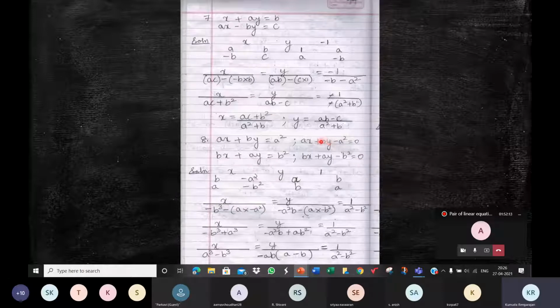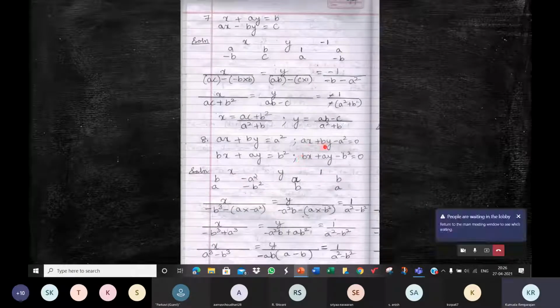Now, when you have the equations like this, the headings will change. The headings will be x, y, and 1. Why x, y? Because we're solving for x and y. A and b are not the variables. It goes without saying that x and y are the variables. So we have x, y, and 1. It's not minus 1. It's 1 because we have the constants also on the same side, in the LHS. We have written the equation strictly in the standard form with all the terms in the LHS equal to 0.